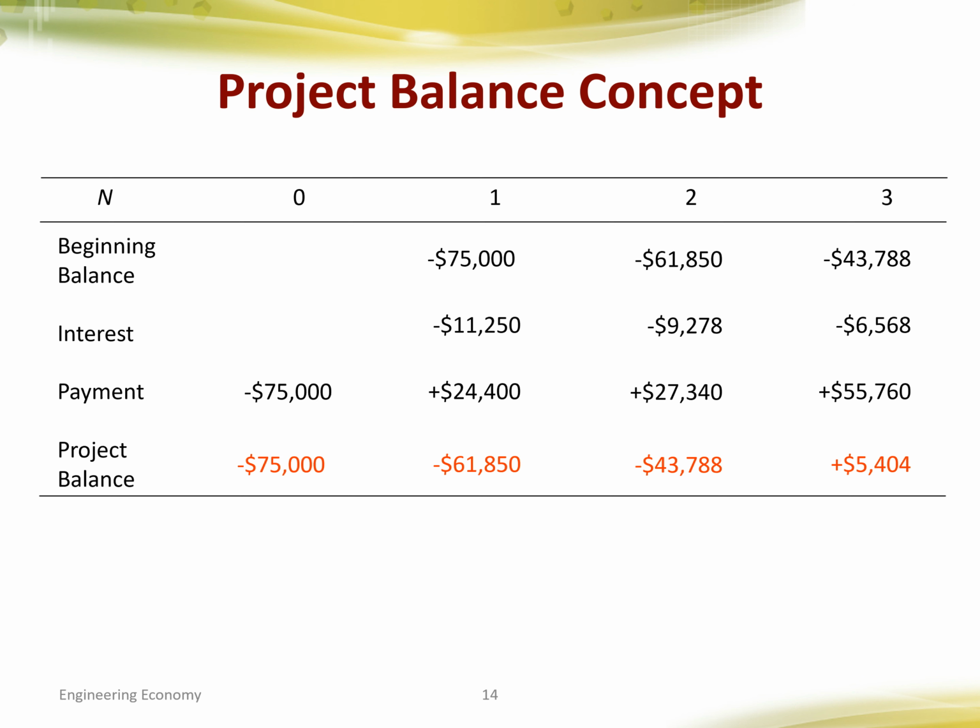You will accumulate some interest again, and there's some return. You add them together, you get this value. Again, you take this balance as the beginning balance for the next period, because the end of period 2 and the beginning of period 3 coincide. Okay, and you will compute this interest cost, and you add them together and add payment too, and now you have a positive value. So that is the end of the project, and based on the 15% minimum attractive rate of return, meaning that